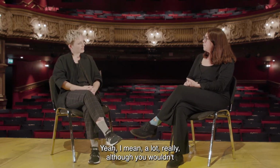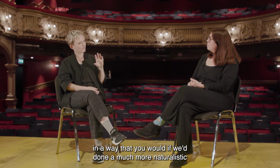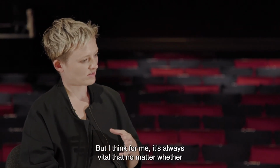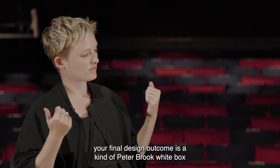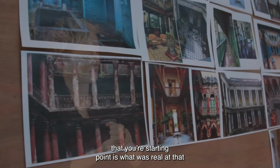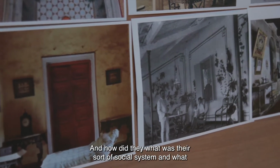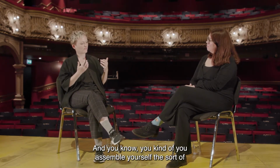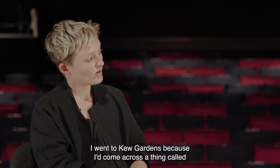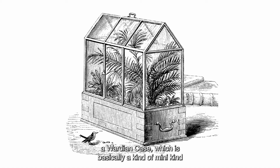Yeah, I mean, a lot really, although you wouldn't necessarily immediately be able to see that influence in a way that you would if we'd done a much more naturalistic version of the play. But for me, it's always vital that no matter whether your final design outcome is a kind of Peter Brook white box, your starting point is what was real at that time: what did things look like then, what were the people like of that time, what was their social system, what were the politics of the time, and you assemble yourself the known facts of that era. I went to Kew Gardens because I'd come across a thing called a Wardian case, which is basically a kind of mini